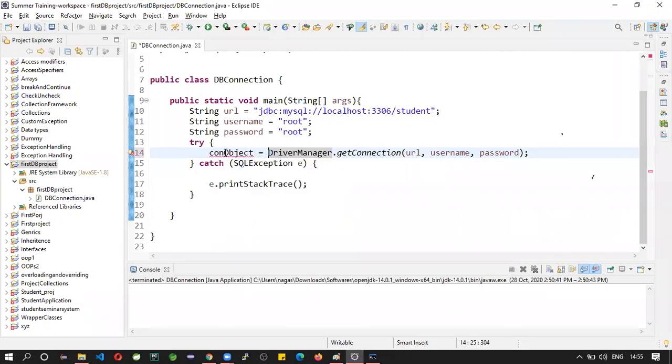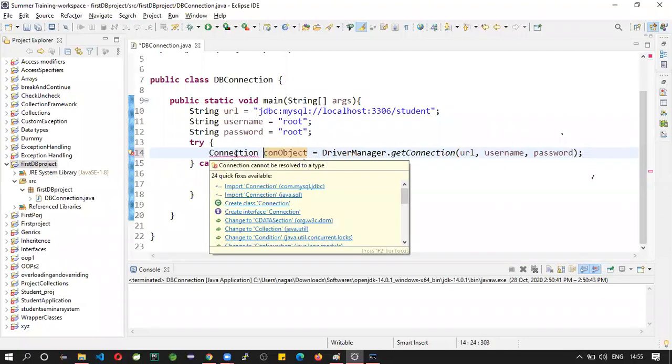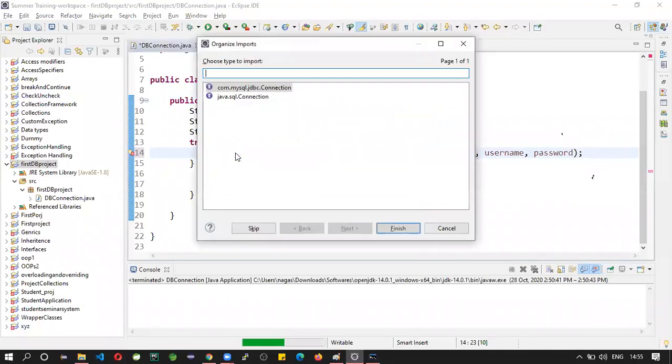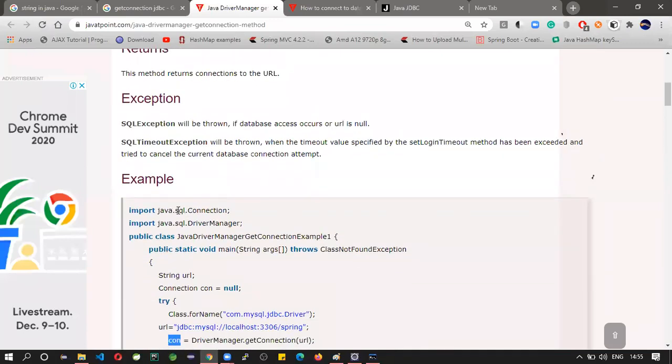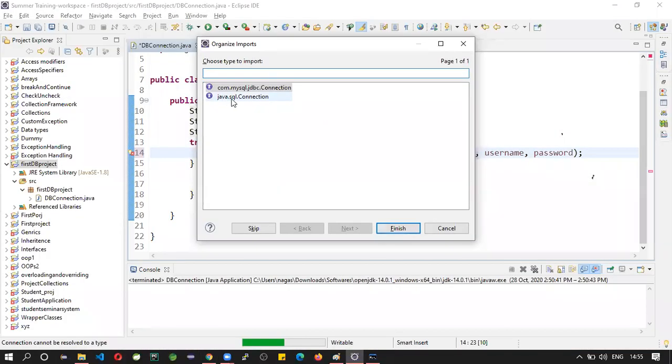So what type is it? Connection. So I already know it is Connection type. You need to import Connection. Control Shift O. What should it be? java.sql. So import java.sql, not mysql.sql.